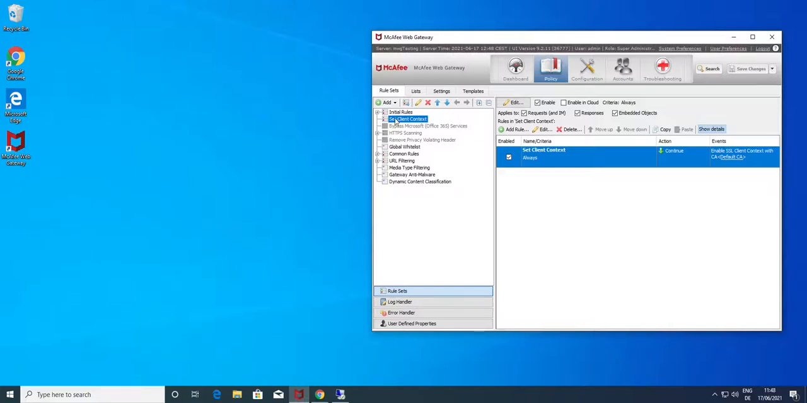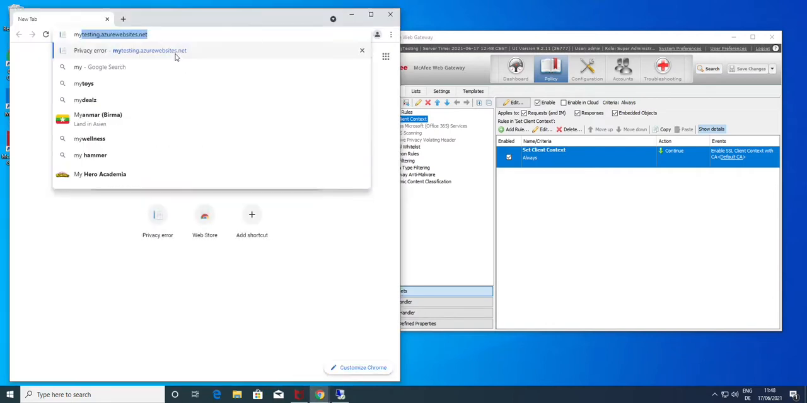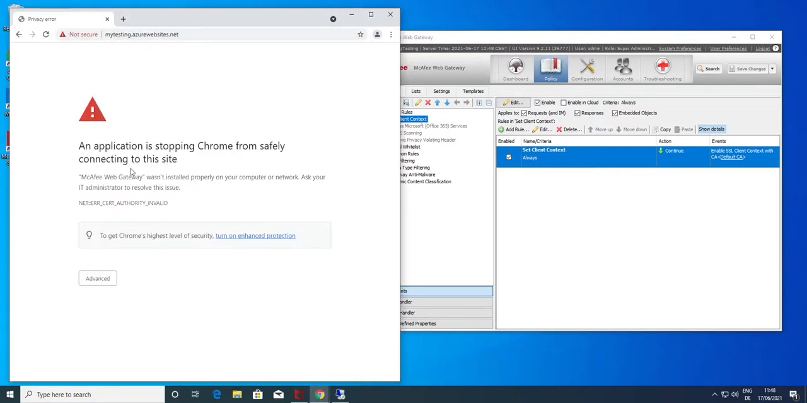Okay, in our last session we were looking at the set client context rule, getting the web gateway block templates displayed on the clients. Since our last video, I have domain joined this Windows 10 PC, and so the certificate I imported into the user certificates is actually not valid anymore because I'm logged in as a different user. So if I try to go to this website, we should still get this invalid authority error